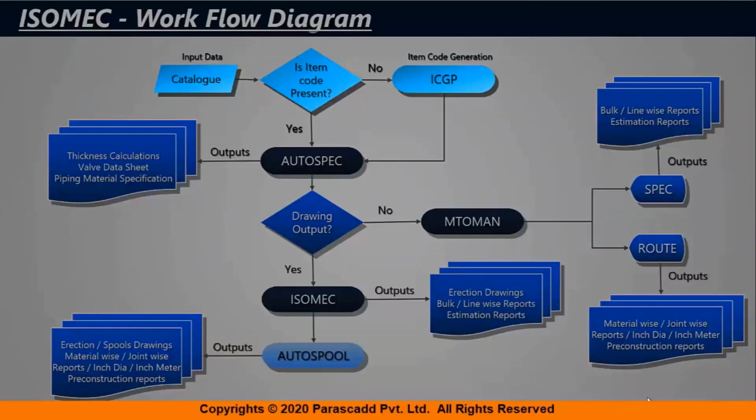And apart from that, the MTO requirement, whatever is needed, or line wise bill of material or joint data, if it is required, apart from the isometric drawings, MTO Man route can be utilized. And additionally, we have the ICGP module, for any new item creation, logical item code generation for an organization. So I am a company, and there are new items that have to be generated, item codes have to be generated, or they have to be mapped with client codes. The ICGP module can be used together.